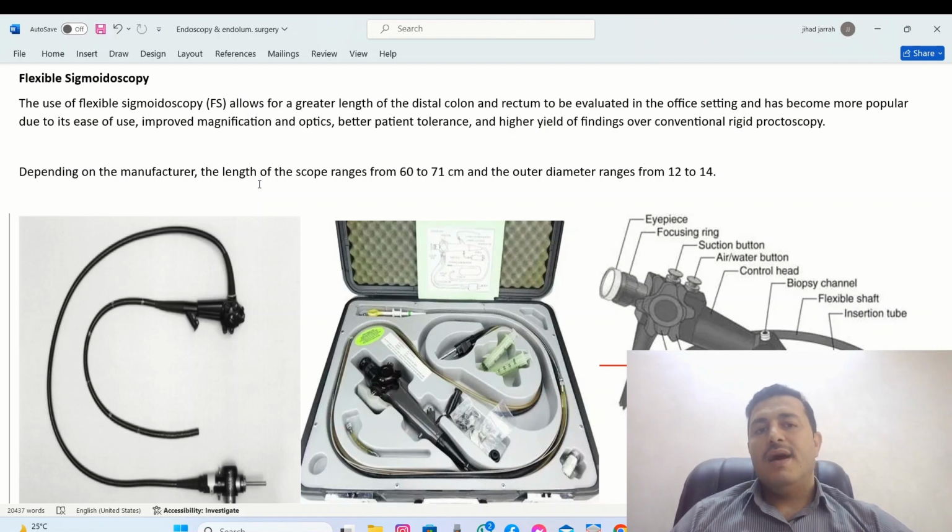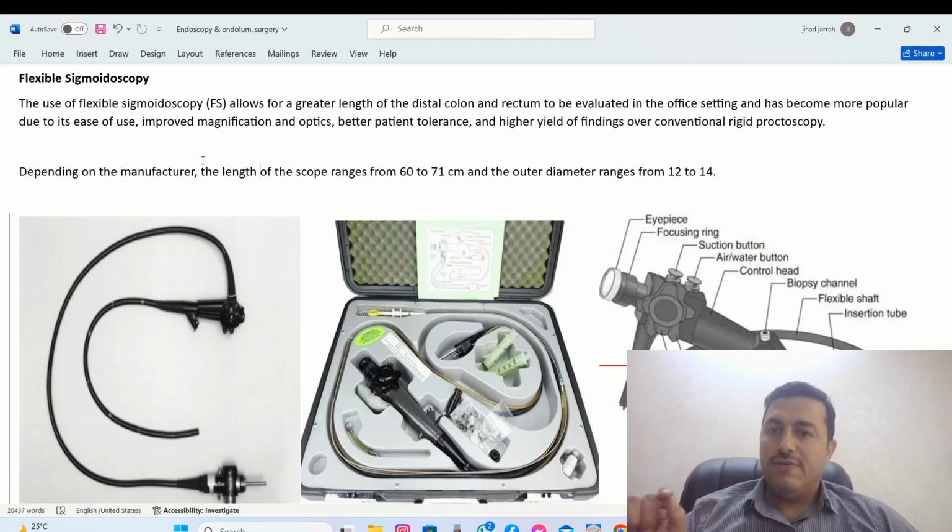Plus, it gives you a magnified field. So this is an advantage over the rigid proctoscopy. But actually, the exact measurement, or to be more precise, the exact distance of any lesion from the anal verge is better